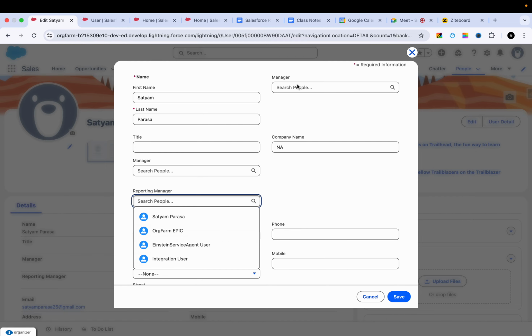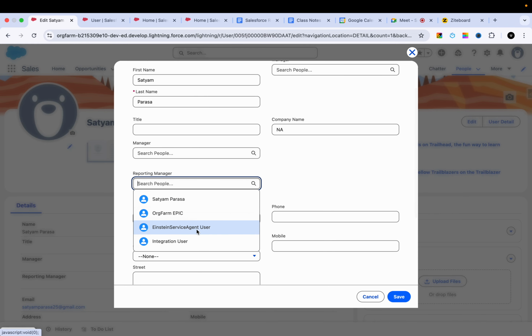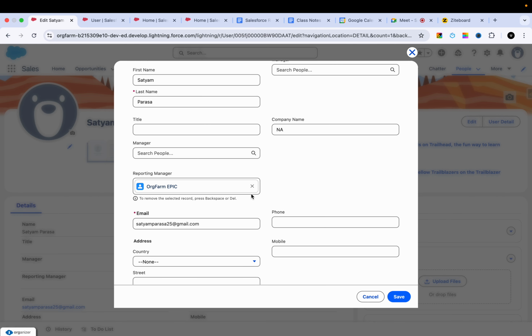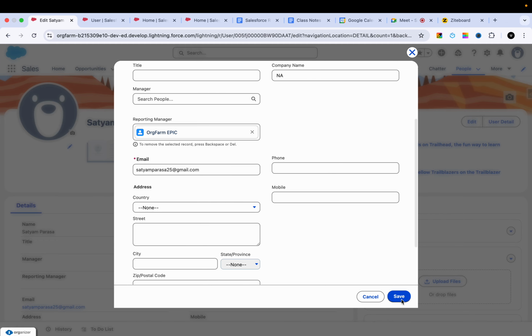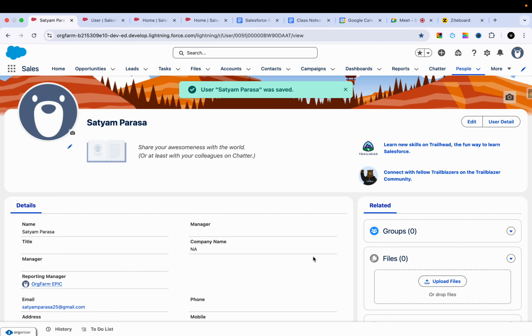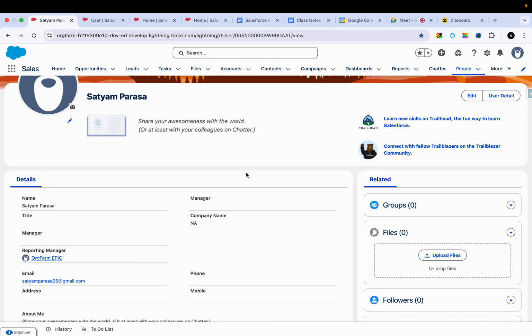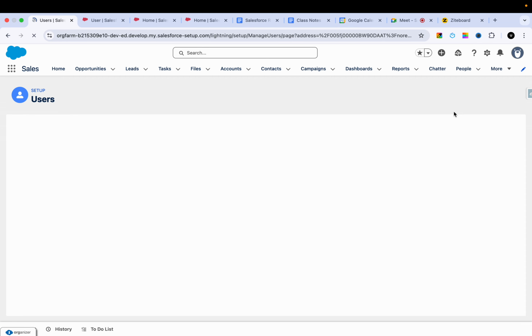This is a standard one, by the way. We created ours just for our testing. Now I'm giving my reporting manager as integration. Maybe I can give Arc Form Epic. Just consider this is like a manager. Save, right? This is how we create the hierarchical relationship in Salesforce and map one user to another user for the reporting structure. So if I go to user details,